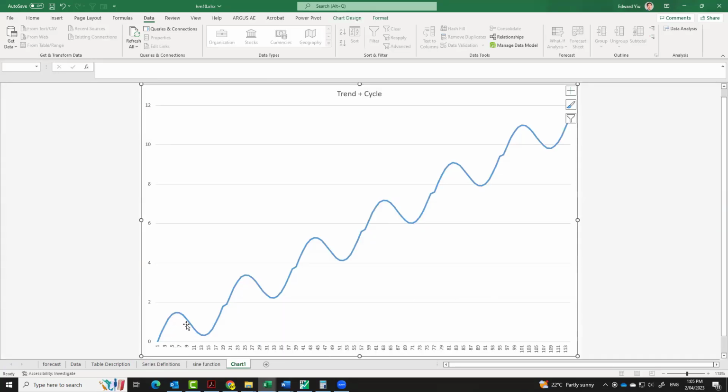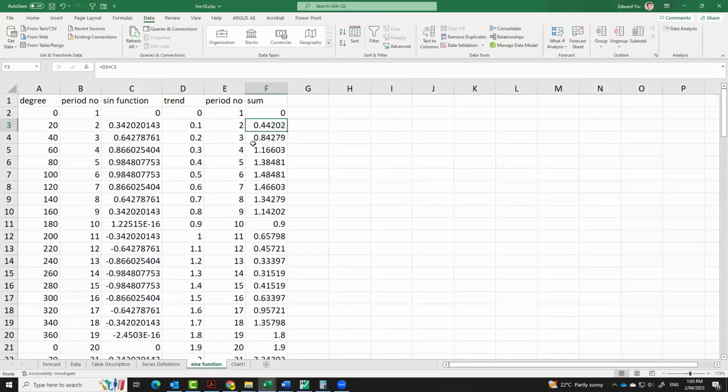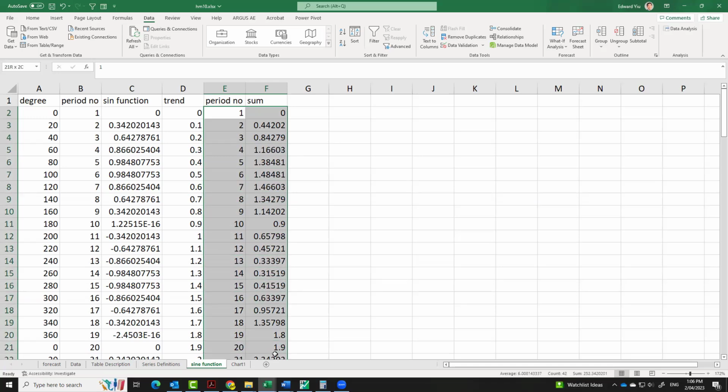Basically, it is a sine cyclical function combined with an increasing trend, and summing them up gives this increasing cyclical function, which is very common in economics, such as house prices with strong seasonality and also an increasing trend. So if now we try to use the Excel forecasting function to forecast this artificial function by including this